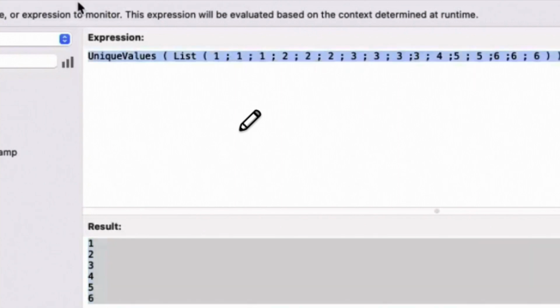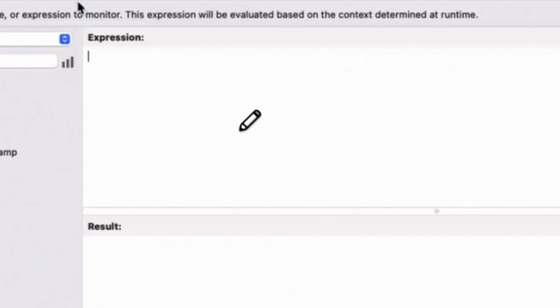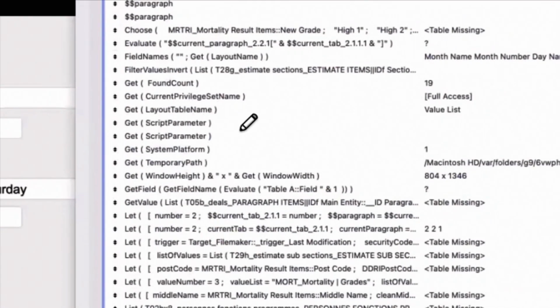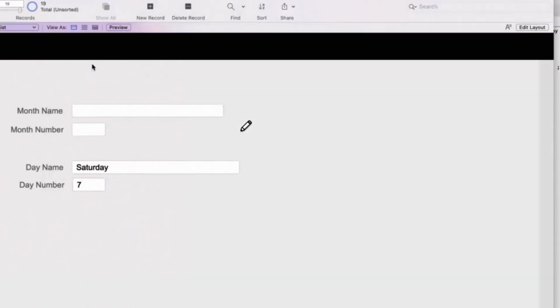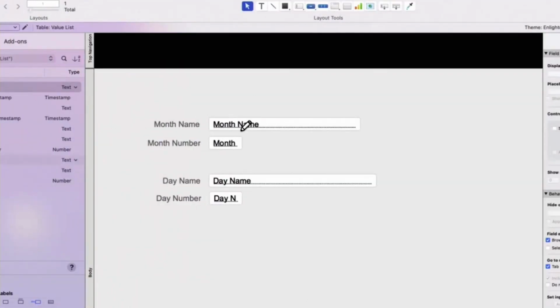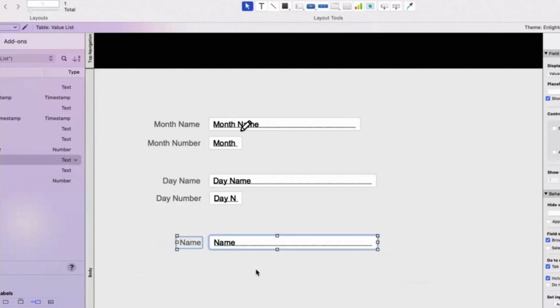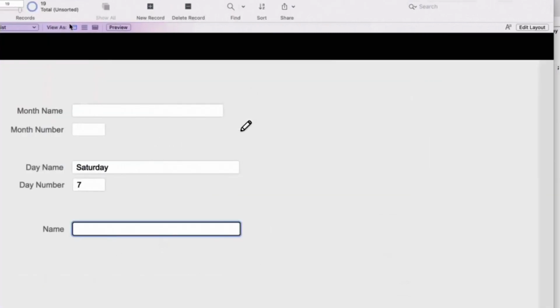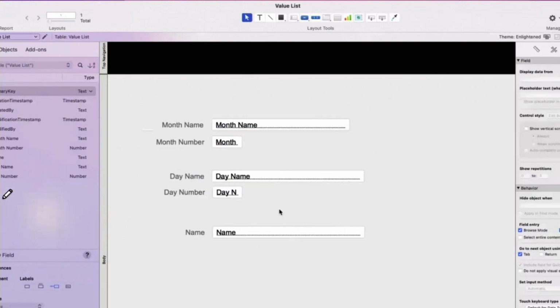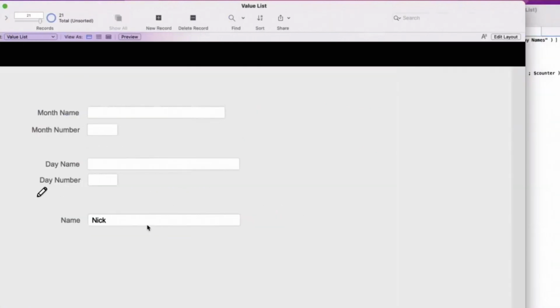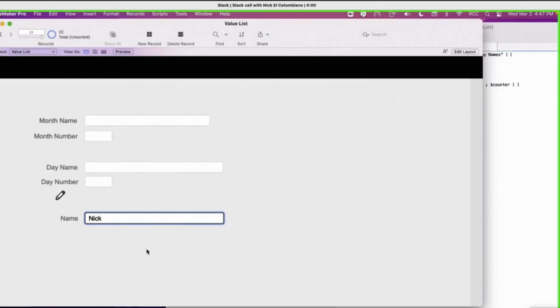Yep. So this is a unique value, but the value list is doing that for you too. Let me explain. Let's say I have a name here, and I'm putting in a new record: Nick, and another time Nick, and another time Nick.